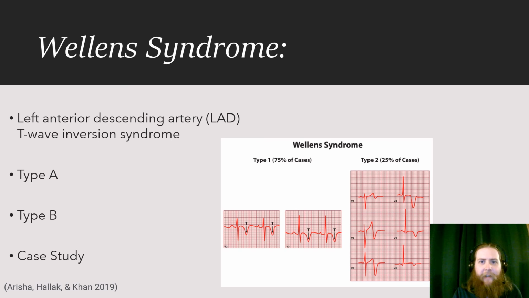When he was admitted, his ECG showed T-wave inversions, and a stress test was ordered to see if they could get these symptoms to come back out. And that stress test, they actually had to end up finishing early because they exacerbated his symptoms and brought those back up. And then after they did a coronary angiography, they found that he had 95% obstruction in his left anterior descending artery, which is what was causing this Wellens syndrome. The patient was given a